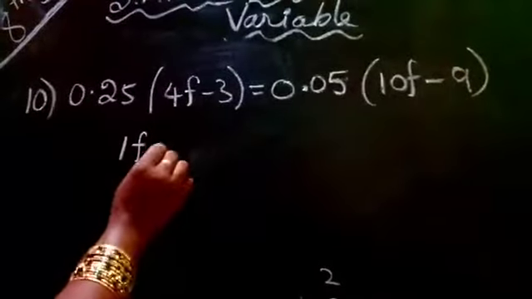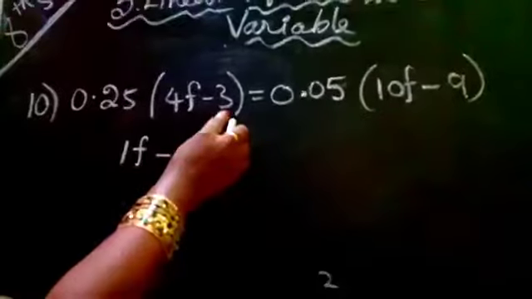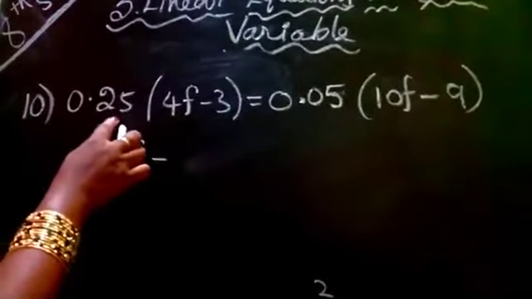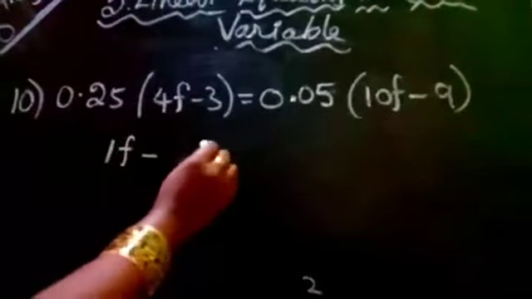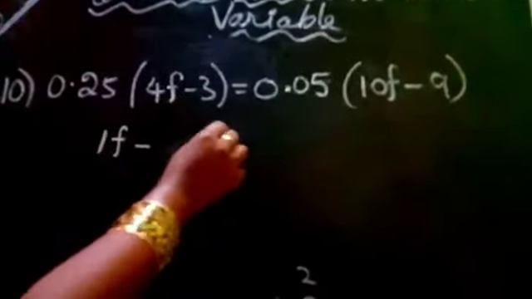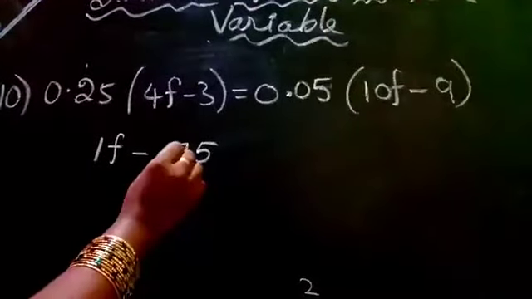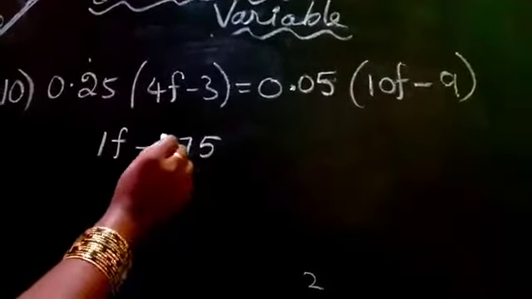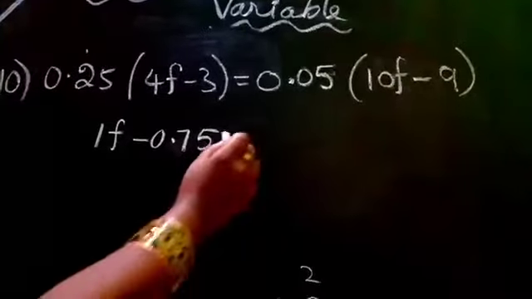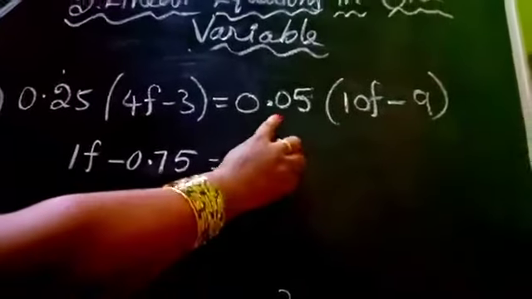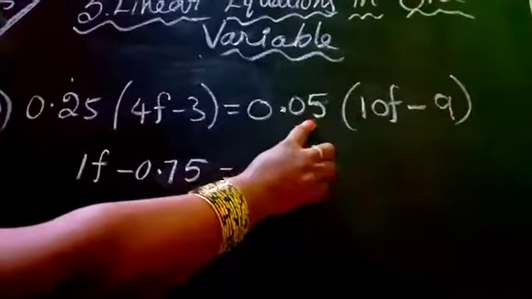Plus into minus, minus: 3 into 0.25. 3 5s are 15, carry 1, 3 2s are 6, 6 plus 1 is 7. 2 digits before, if you keep the point, this is 0.75 equal to,